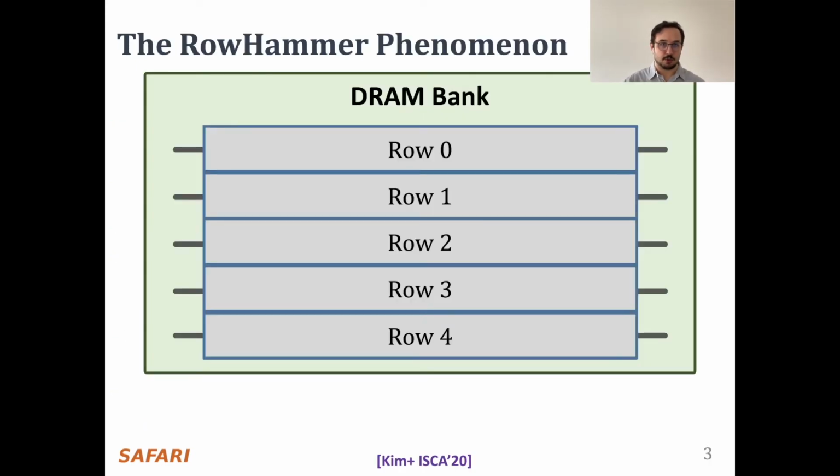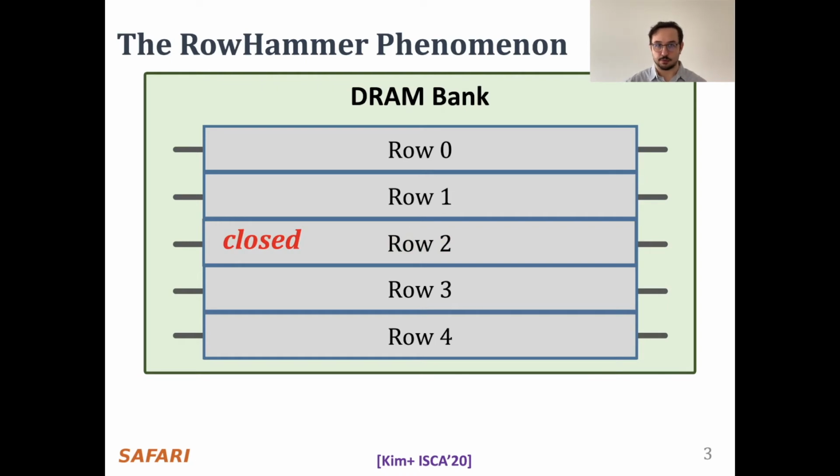Let me briefly explain RowHammer next. In this figure, we see a DRAM array in which DRAM cells are accessed in row granularity. To access a DRAM cell, we need to open or activate the row which contains the cell. After all requests are serviced from this row, we must close or precharge this row in order to begin accessing